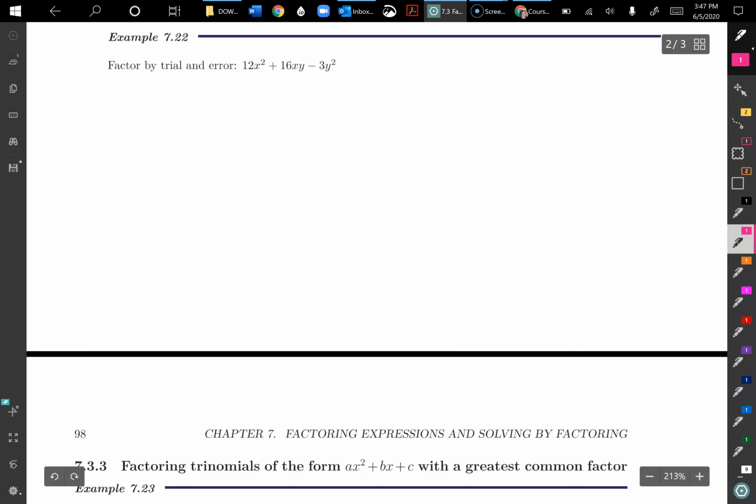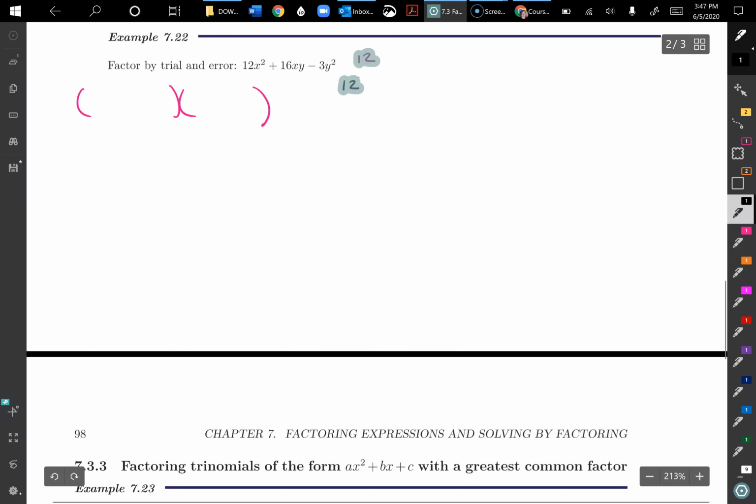So here we're going to write our parentheses. We always want to look for a greatest common factor to see if there's anything that divides into all three terms. And in this case, I don't have that, so I can't use that to my advantage. But I'm going to think about what factors of 12, what are my choices? How would they split up? I'm going to have a 12 and a